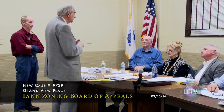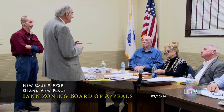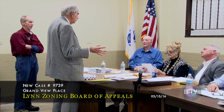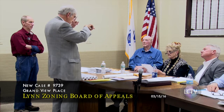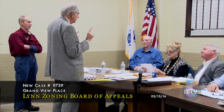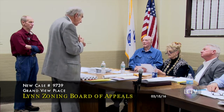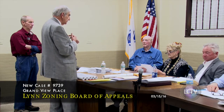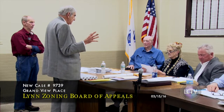So as is delineated on Mr. Reed's plan, this lot lies in a zone district in the town of Swampscott in which a single-family home is a permitted use. We put the chart there to show you the different and varying requirements of each city or town. But the only reason we're here in Lynn is that we have 69 feet of frontage. There's no frontage or access to this lot from the town of Swampscott. If you read the terrace that's shown there, it's a paper street. So the only way anybody can get to this other than by